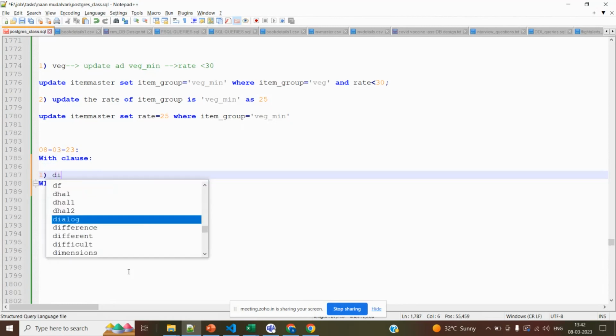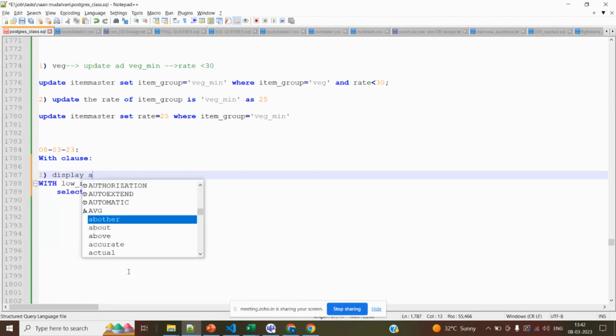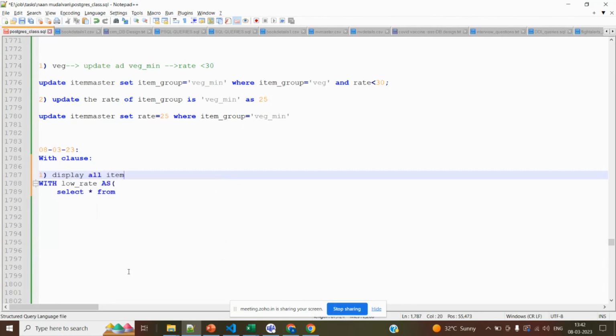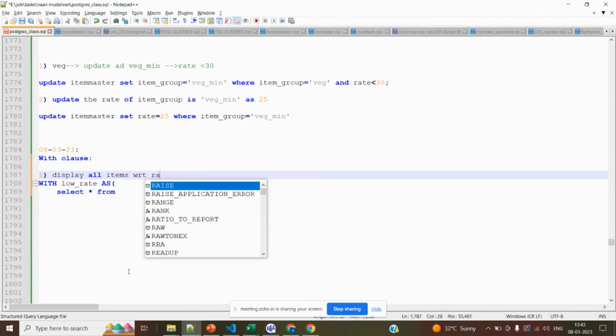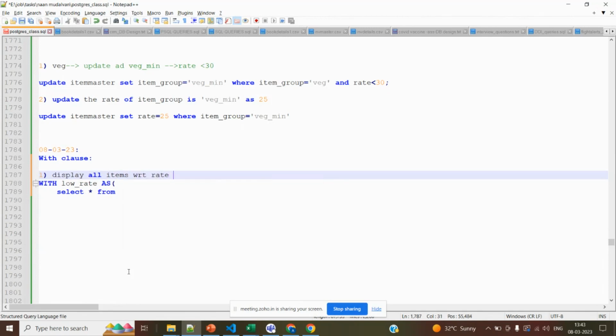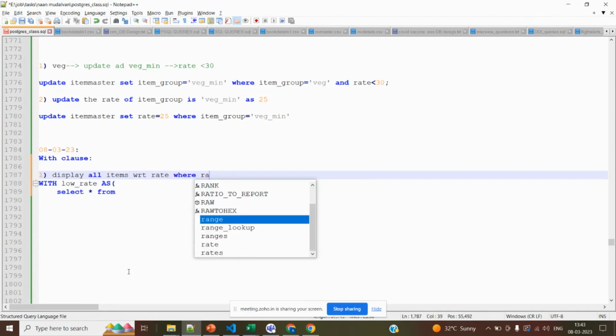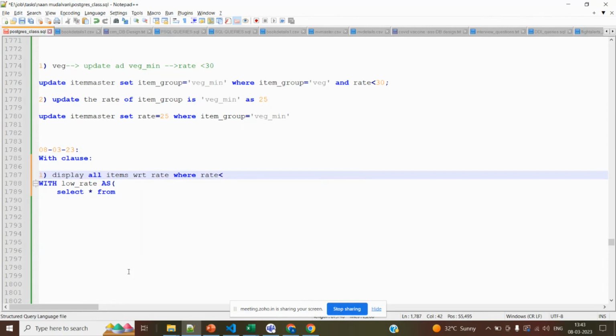So I want to display all items, what we say, all items with respect to the rate, right? With respect to hit rates. What is the condition? The rate should be less than 50. In order to make you understand the WITH clause, I'm just using the simple query,